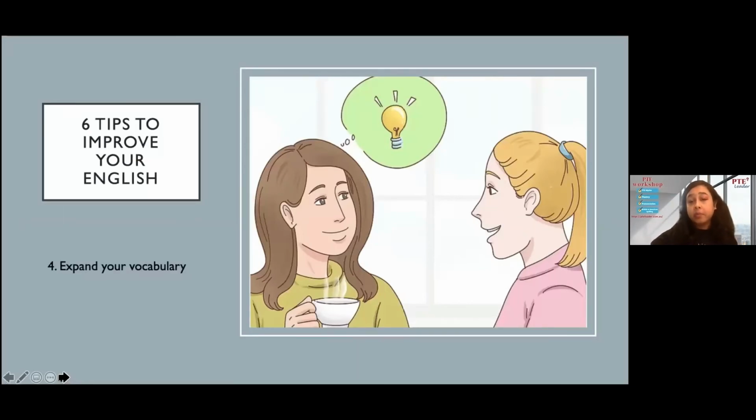Expand your vocab, which is really important. If you want to improve your English, you need to improve your level of vocab. The more vocab you know, the better you can explain your ideas to someone else. Sometimes we have lots of interesting ideas, but because of lack of vocabulary, we can't explain the way we want to. And that way we lag behind other people.